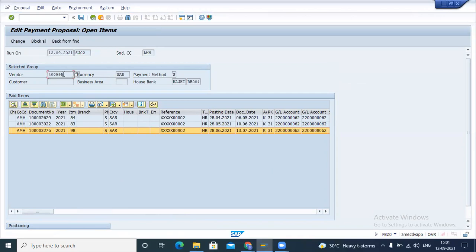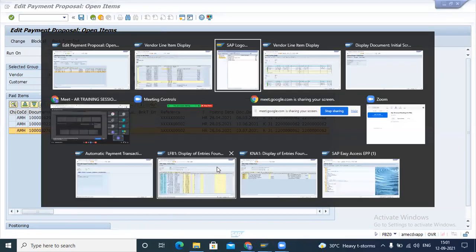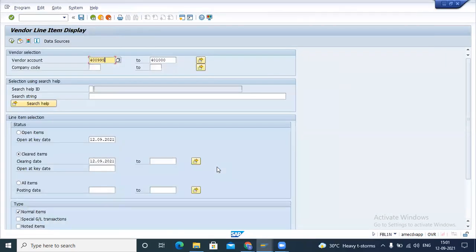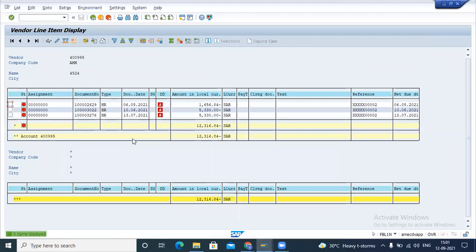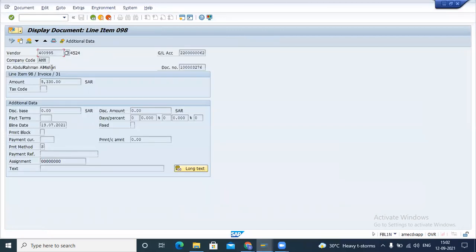Okay. Suppose let me open this vendor account. So it's showing me three invoices here. Suppose this is the one invoice which is not due as of now.